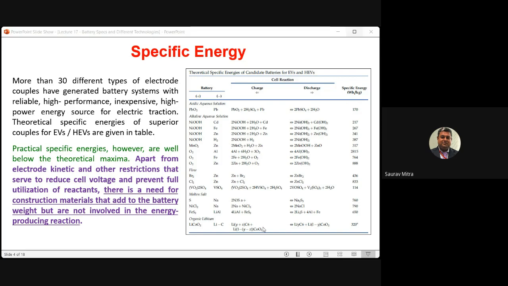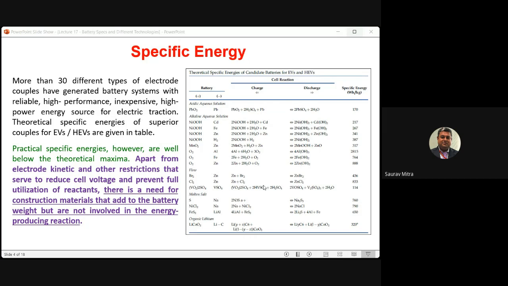And you are finding that this lithium LiCoO2 is giving you quite a high specific energy, watt hour per kg, almost 320. Okay, and there are actually higher contenders. Cl2Zn is giving you 833. There is another, O2Al, giving you 2815. There is another, FeS2LiAl, giving you 650. But there are other parameters because of which they are not selected for battery applications in EV. And one of the very big constraints is thermal and heat management.